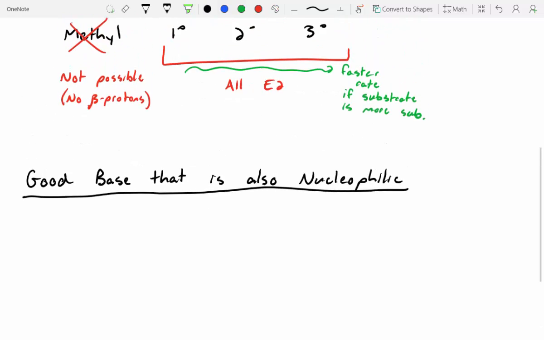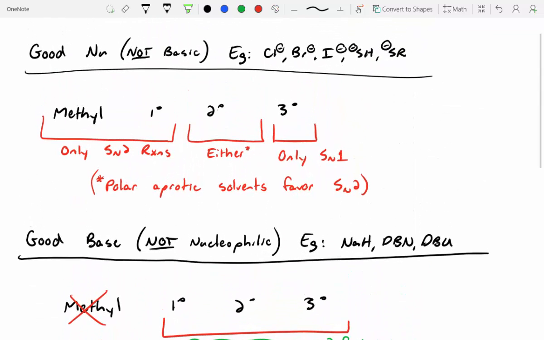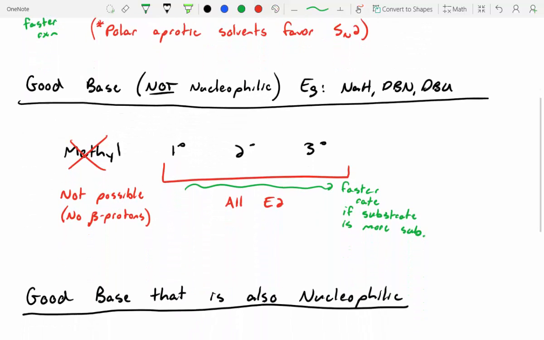But before we do, actually, let's go back up and look at this top one. We said SN2 reactions occur with methyl and primary. SN1 occurs with tertiary. We've got to remember the trends, too. So if we look at this one, the fastest SN2 reactions will be which ones? Yeah, the methyl ones. So the trends are a little bit different for SN2 versus E2. With SN2, we said it's faster based on sterics. We said that E2 is actually faster the more substituted it is based on hyperconjugation. So we've got two competing trends, which helps us a lot when we're dealing with something that's both a base